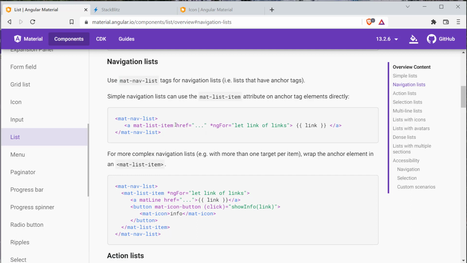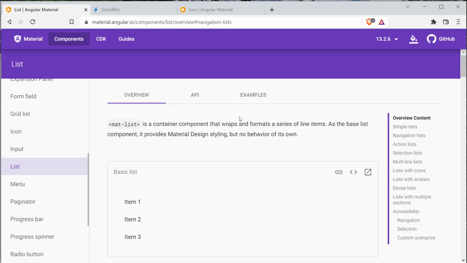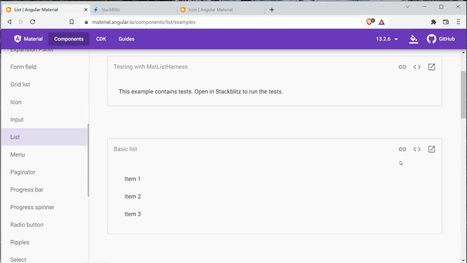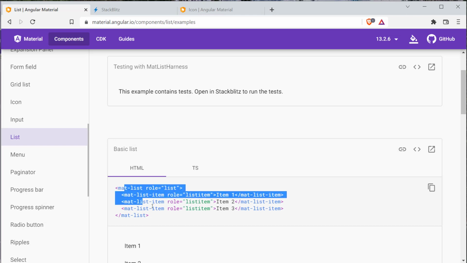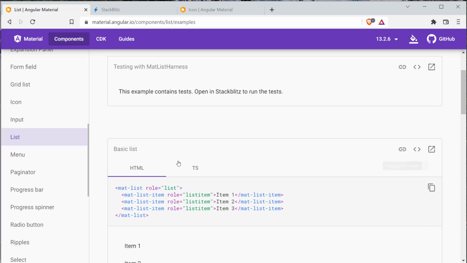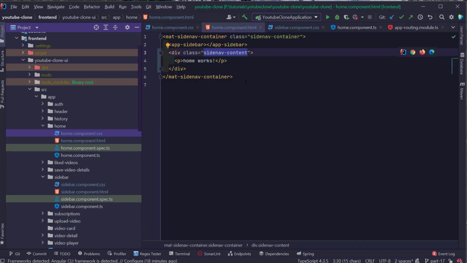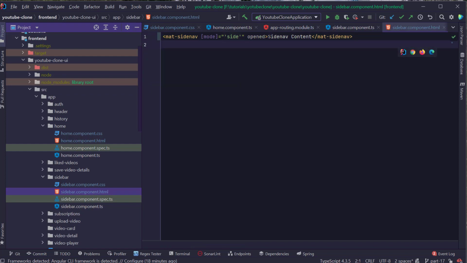So basically we are interested in this mat nav list tag. We want to use this mat nav list inside the sidebar component HTML file. We can also see some examples of how it looks. If I click on the examples tab, this is a basic list. If I click on the view code section, we have the mat list item, and to be able to use mat nav list, we can use similar code. So I'm just going to copy this from the basic list HTML, and I'm going to open IntelliJ and go to the sidebar.component.html file,